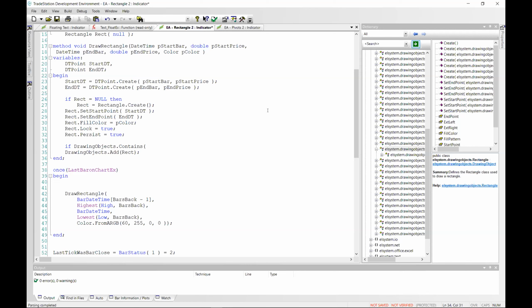Let's see. Equal items. Oh, items. Let's see if it has.